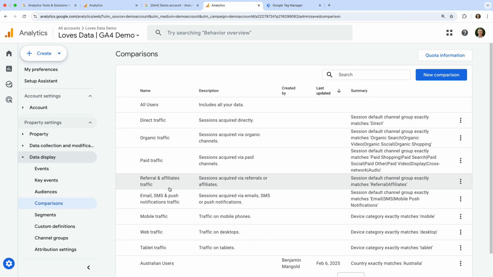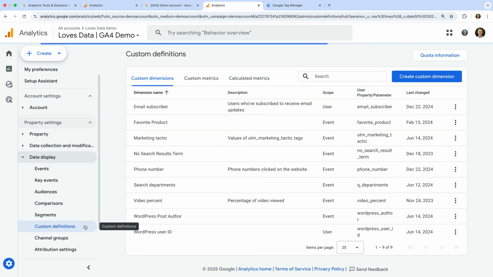Next is custom definitions. This is where you can register parameters that have been sent with events as either custom dimensions or custom metrics to use in your reports. As we've seen when covering the standard reports and exploration reports, there are lots of default metrics and dimensions that are automatically available in Google Analytics. If you want to add your own custom metrics and dimensions to your reports, you can do this using custom